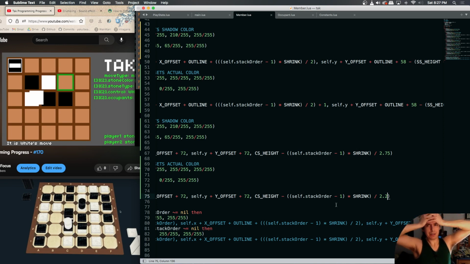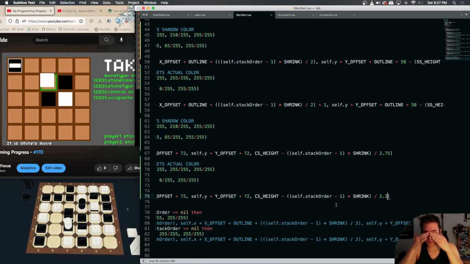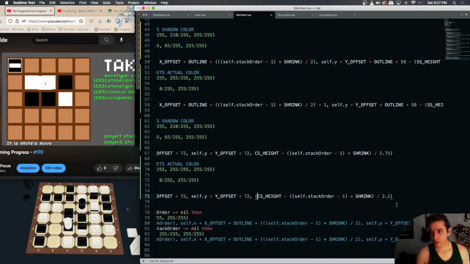It needs to be a bigger number by the time we have a higher stack order. So how do we do that? It's already a bigger number, but it needs to be an even bigger number at a higher stack order. So maybe we modify this whole thing with a